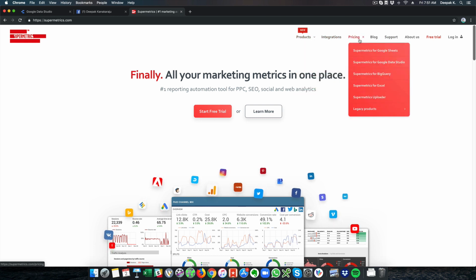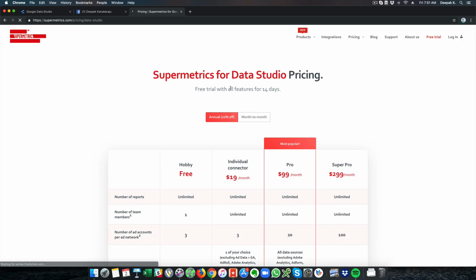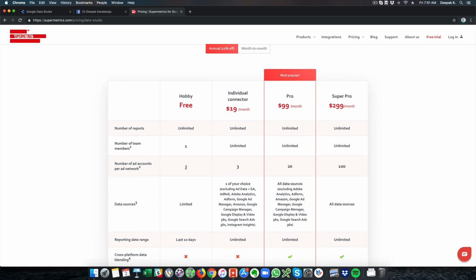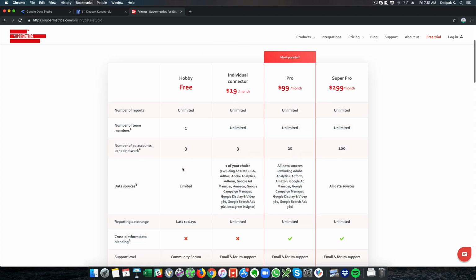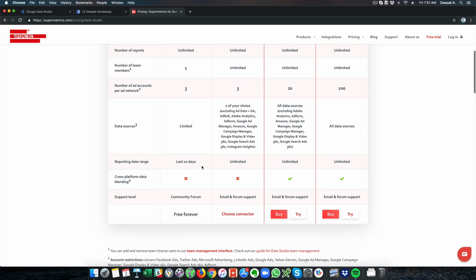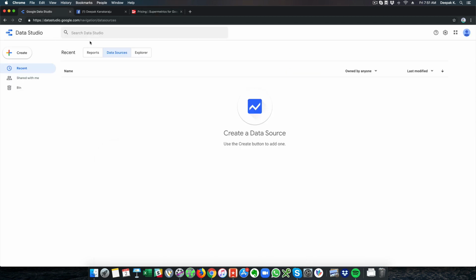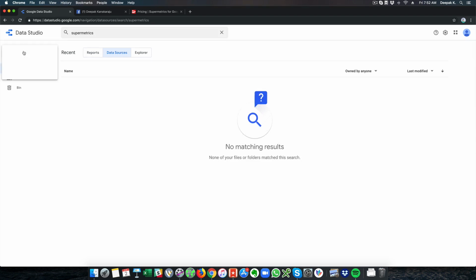So if you select Supermetrics for Google Data Studio, here you have a free account. You can have 3 ad accounts per ad network, and this is free forever. The other ones cost, but not for us right now. If you want, you can check it out.